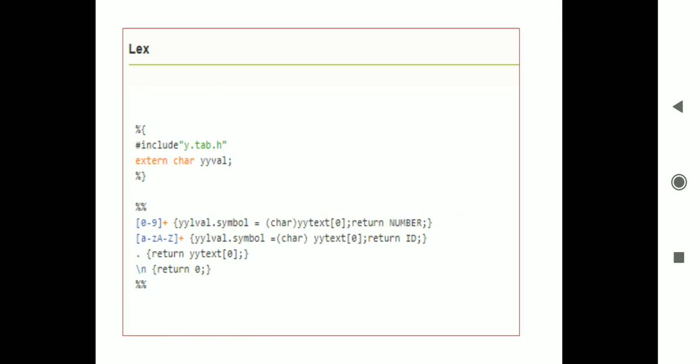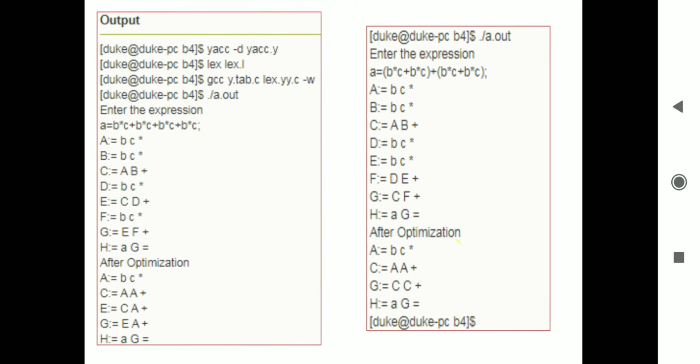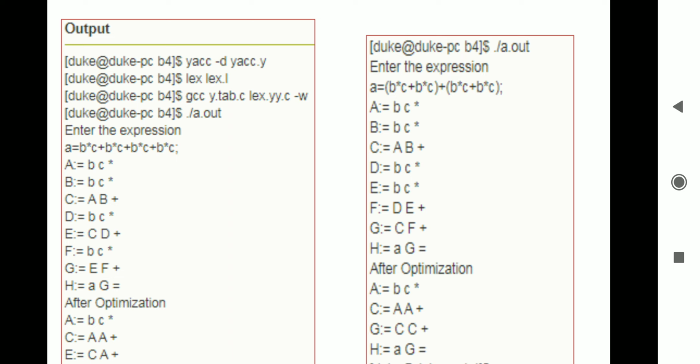Now when we compile the program, we compile it this way: yacc -d yacc.y. The -d option is used to create the header file, the definitions of the tokens. That's why we need to write -d here.